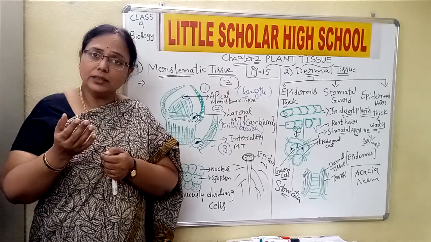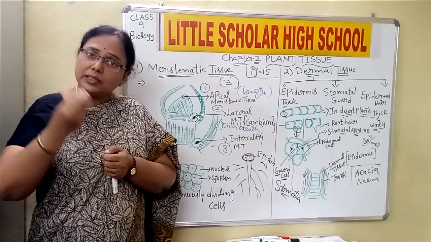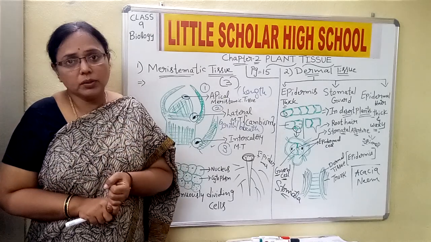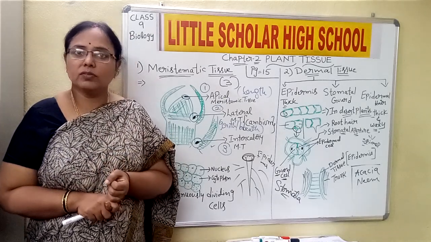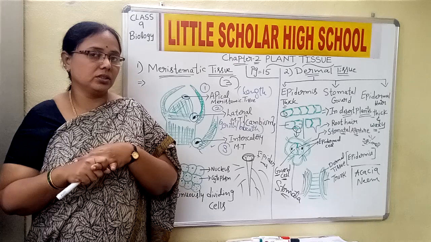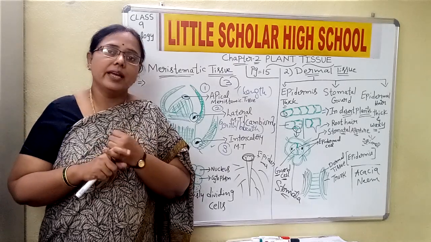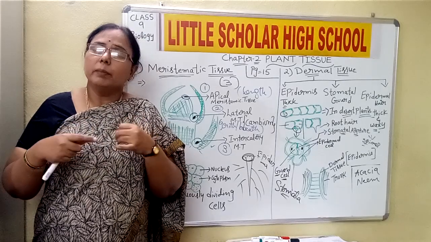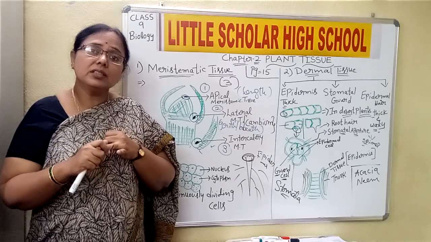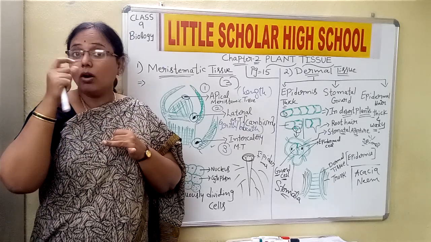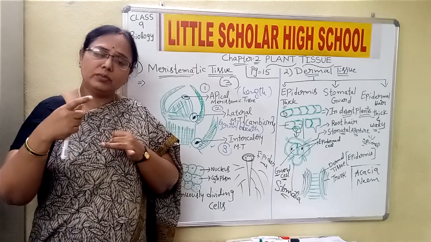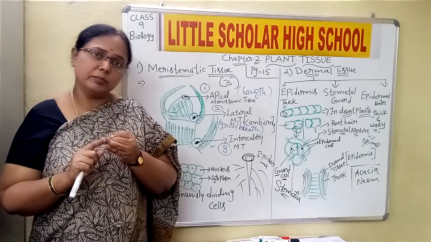This sticky substance can be the excretory material of the plant, or it can be some of the secretions, children. Excretion is different, secretion is different. Excretion is the method of giving out waste from the body. Secretion is the one which is like hormones and all, which is important for the plant to do some of its activities. So it can be excretion or it can be secretion.